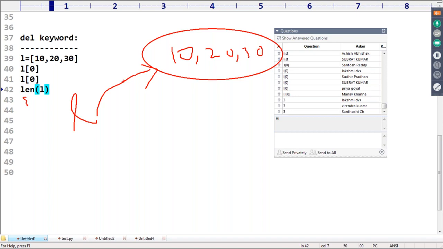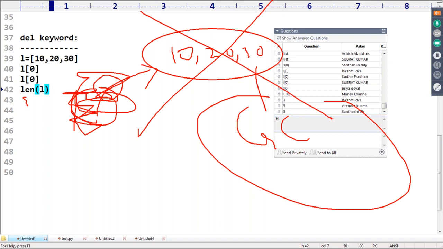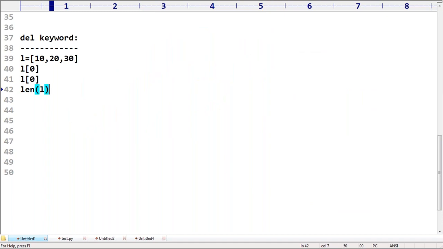Then we have to delete this variable. If I delete this variable, the object has no reference variable, so it is eligible for garbage collection. Garbage collector is responsible to destroy this object.